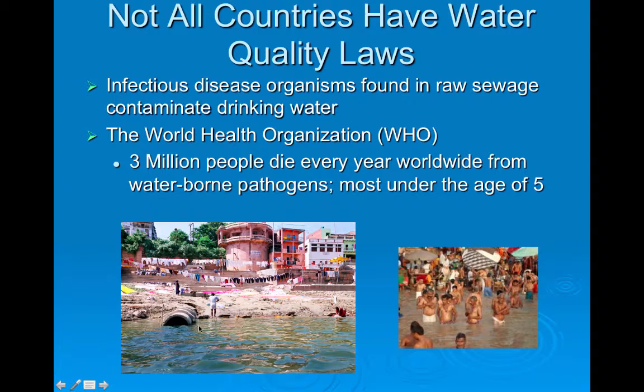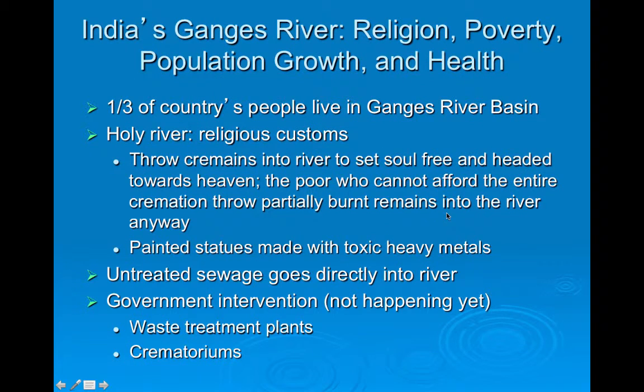All right, not all countries have water quality laws. So if you look at this, this is the Ganges River, which is the largest river in India. It is a river used for all sorts of things. People wash their clothes there, people take their cattle to drink there, and they're not potty trained. You can see these buildings here, and this is a point source pollution probably from these buildings. I have no idea what's coming out. You can see that a part of their religious rites are to bathe in the river on the regular. It's also a part of their rites to